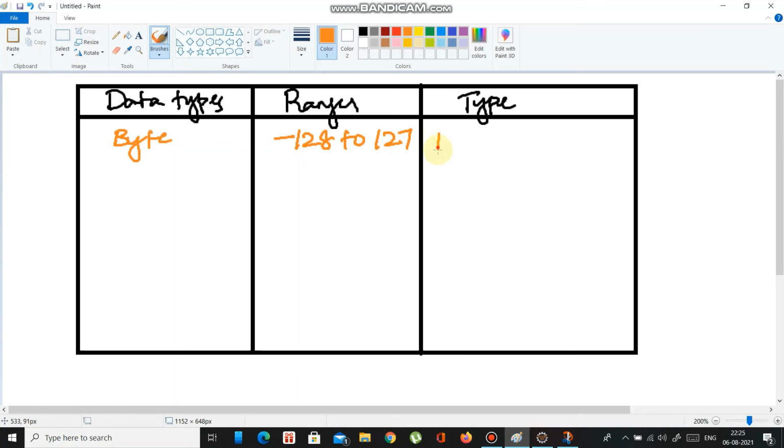So it's a primitive data type. PDT means primitive data type, and NPDT means non-primitive data type.